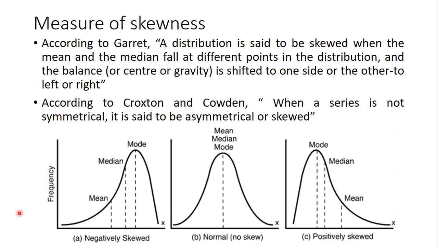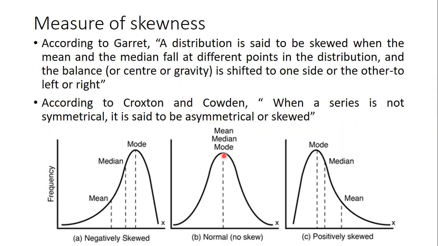If you see the center picture, the normal picture, which says no skew, this has a bell-shaped curve, which means it goes up and comes down like a mountain. So this is called a bell-shaped curve. In this bell-shaped curve, it is in proper balance, which means the value from the center, this dotted line, to one extreme and again from the center to the other extreme is the same. So there is an equal distance between both of them.